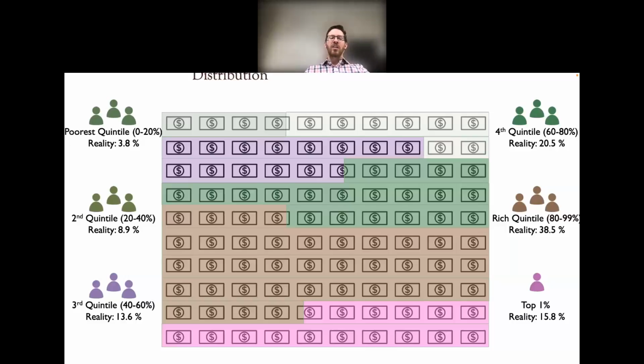The rest, so less than half, went to 80% of the US. So that shows how unequal the US economy is, and it is one of the most, if not the most, economically unequal nation in the Western world. So among other industrialized economies, including Japan, Singapore, Hong Kong, etc.